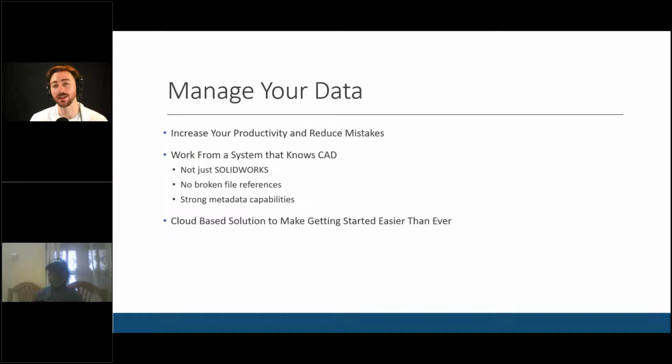So of course there are cloud-based storage systems like Dropbox and Google Drive that might work for a single person, but even then there can be some problems with that. As you start to get more and more people, it's more and more essential to have a proper data management system that understands CAD. And then just as a plus, you have strong metadata capabilities. That kind of falls into that non-value added activities side of things with being able to filter searches, but also you're able to jump in and edit that property side of things from the platform. So that kind of gets into the next aspect of collaboration and being able to have non-CAD people jump in with that as well.